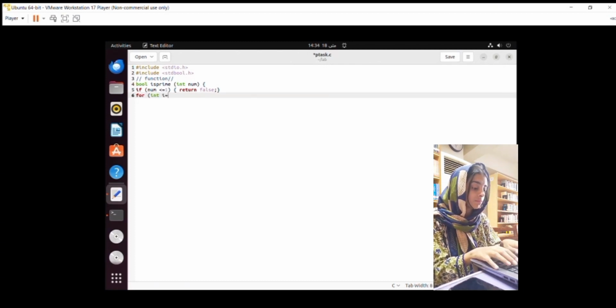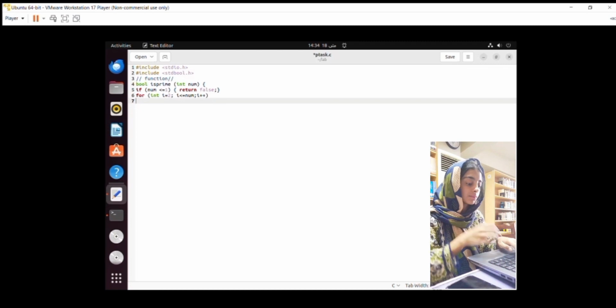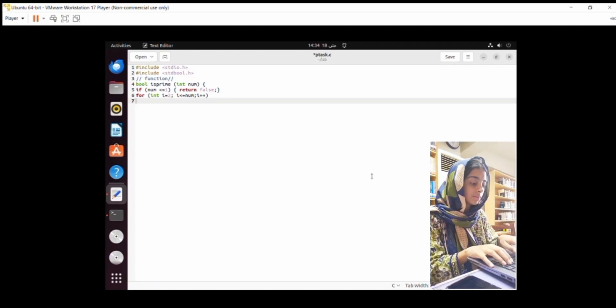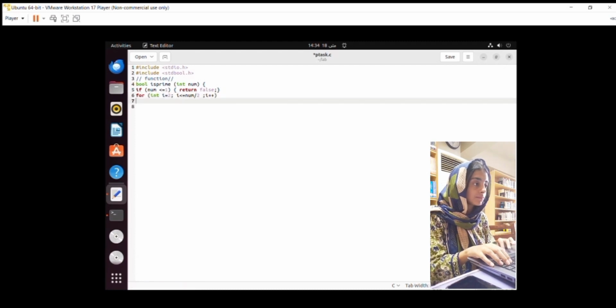After that, in the main function, we will write int main, the main function where the execution of the program begins. Int number declares an integer variable number to store the user input. Printf is used to prompt the user to enter a number. Scanf reads the input from the user and stores it in the variable number. Now, if is_prime calls the is_prime function with number as the argument. Based on the returned value, true or false, it prints whether the number is prime or not.